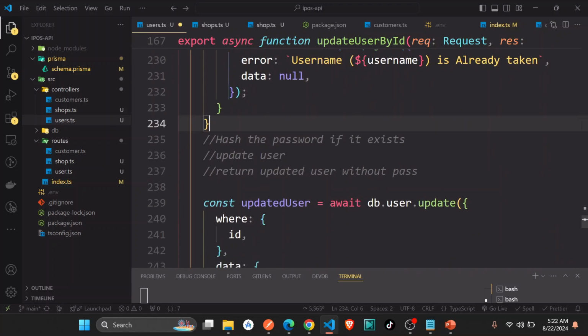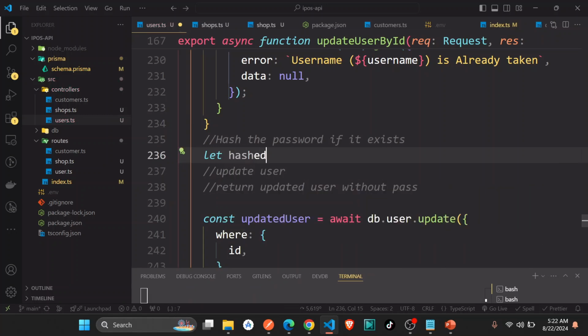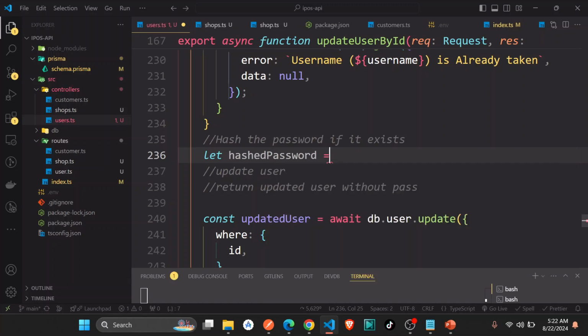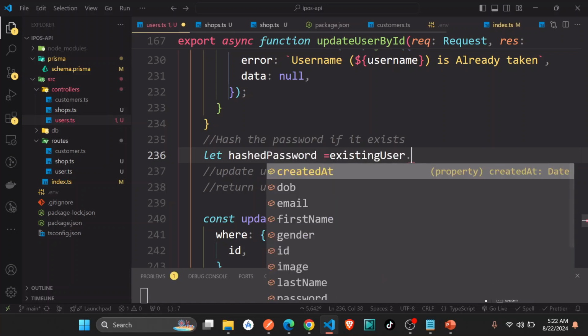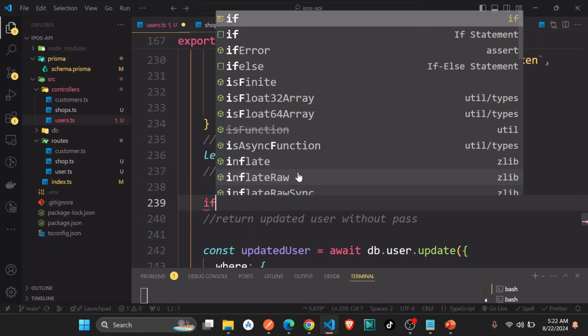So then we hash the password if it exists. So we're just going to say let hashed password equal to, so already we know that the existing user dot password is hashed at this point. So this one is hashed. Okay. So we can just go ahead, and if he updates it, we're just going to go and we change it. Okay, so you can just say